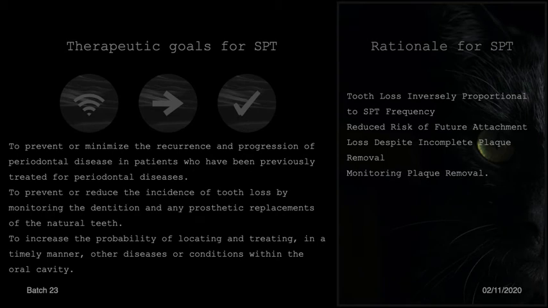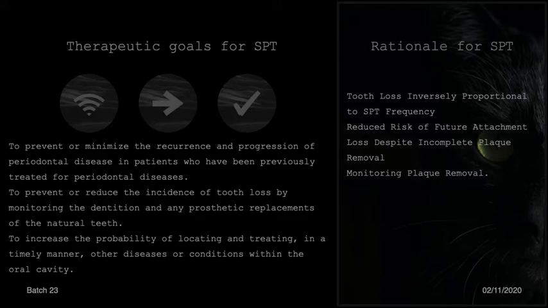The therapeutic goal for supportive periodontal therapy is to prevent or minimize the recurrence and progression of periodontal disease in patients who have been previously treated for periodontal disease, and to prevent or reduce the incidence of tooth loss by monitoring the dentition and any prosthetic replacement of the natural teeth if required, and to increase the probability of locating and treating in a timely manner other diseases or conditions within the oral cavity which occur within